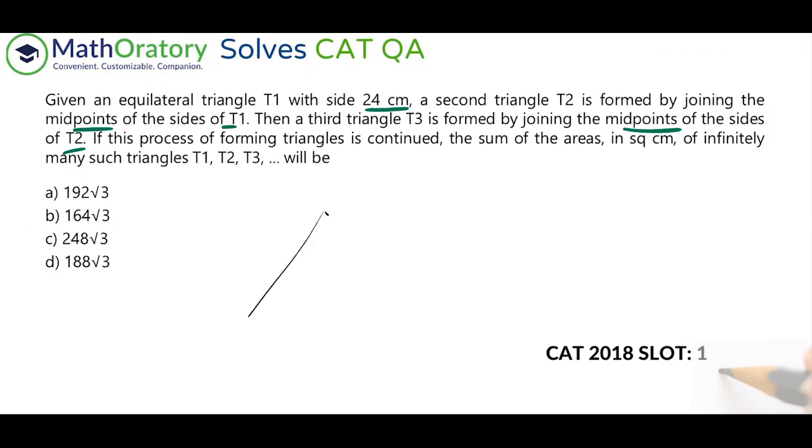But if you don't know, just put it in this way. It's a very simple idea. You're joining the midpoints, by the way. You can do this by similarity. Don't even require similarity here. But just folding will tell you that this is equal to this, this is equal to this, this is equal to this. All these areas are equal.